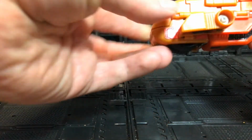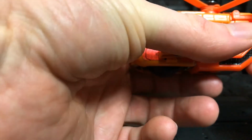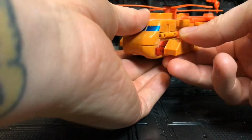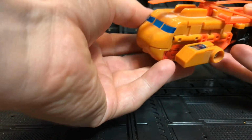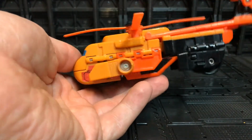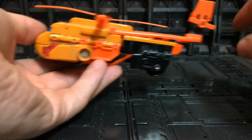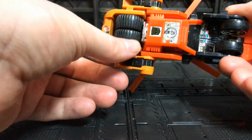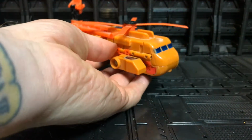screws and everything, these aren't sagging down. This is still quite a stiff joint here, so this is nice. This all holds in, because with some of them these just hang down now. There is a little ledge here for it to go onto, but you can still get a little bit of sagginess there. The rotor blades are still straight-ish, which is quite good. They still spin very, very nicely, and in the back we get some little articulation here as well. We've got the big wheels underneath for the landing gear, and all in all, this is just a beautiful looking